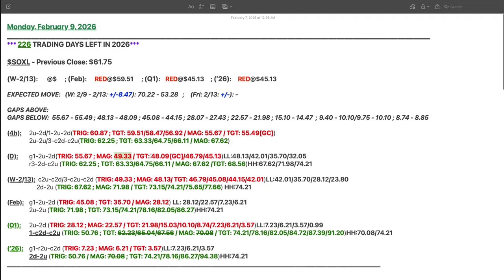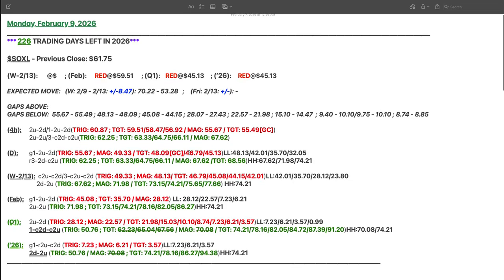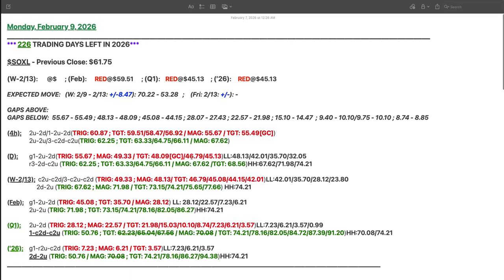If we do make it down there, we do have the gap close at 48.09. The major resistance of 2025, especially the end there, 46.79, and then an extended target of 45.13 out there for you. On the upside, if we do go to the upside, we triggered the 3, 2 down, combo 2 up at